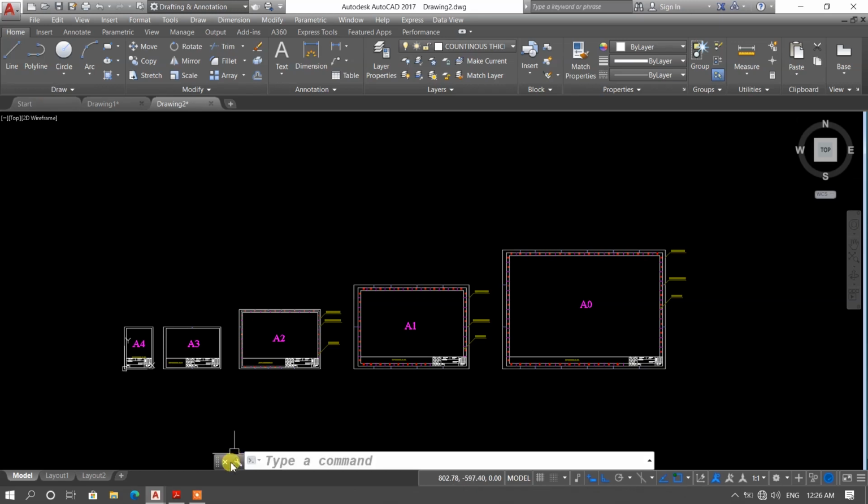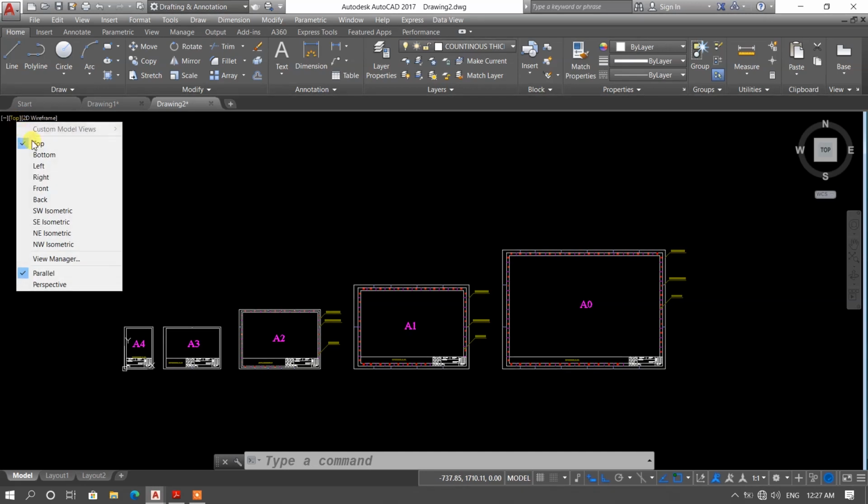With the help of command window, we can see history of commands which you have given in AutoCAD. Basically 3D model layout and view cube is used in AutoCAD 3D. With the help of viewport control, we can change our drawing views like top, bottom, left, right, whatever as requirement.